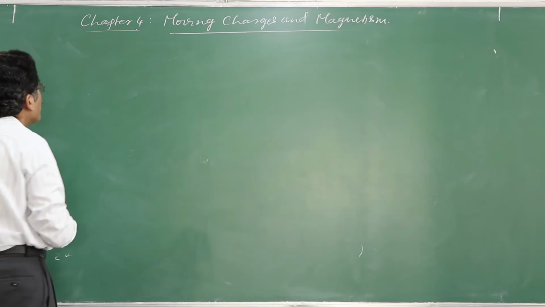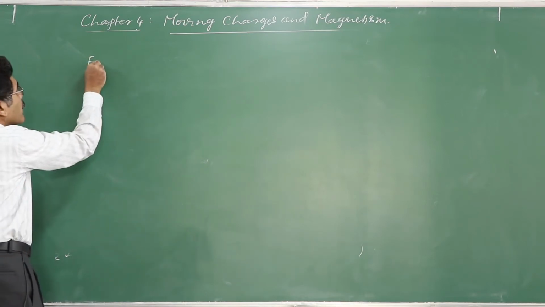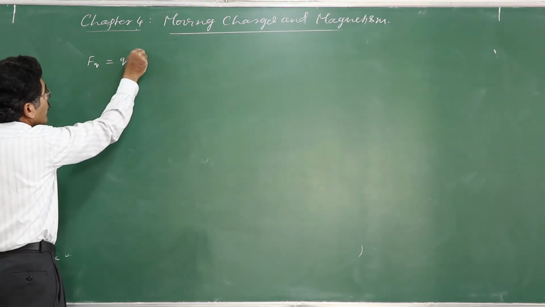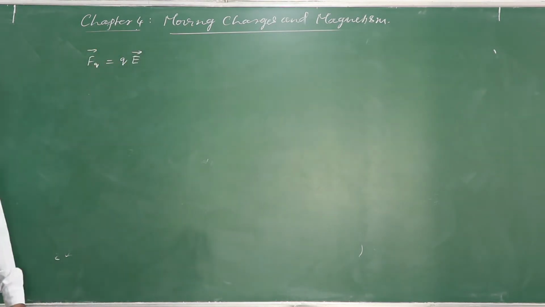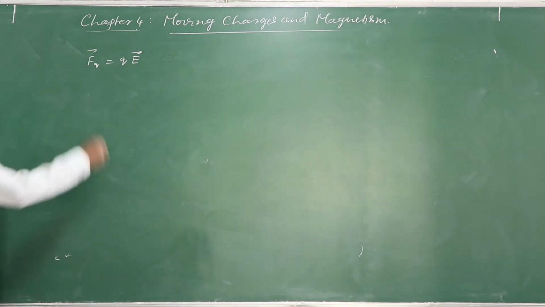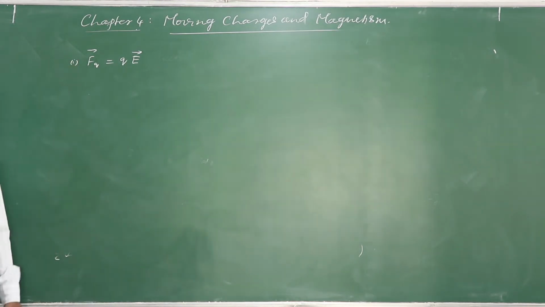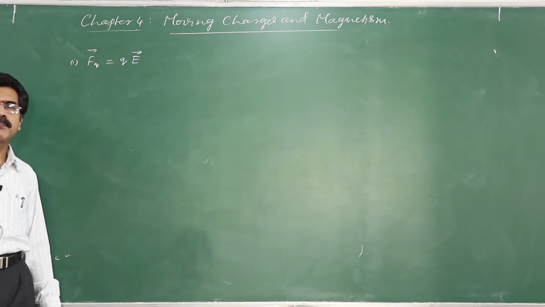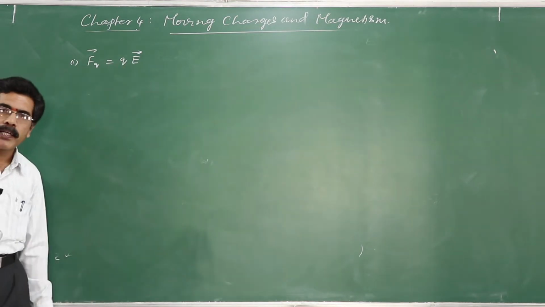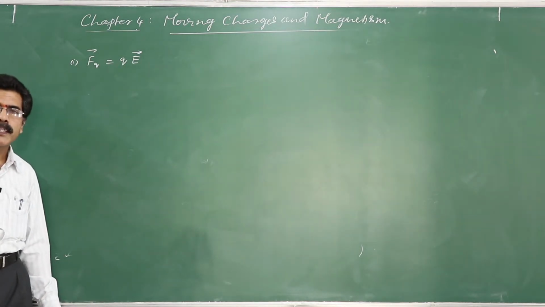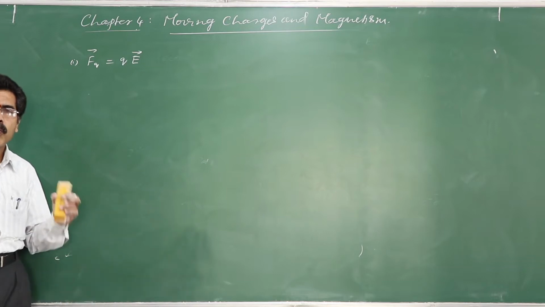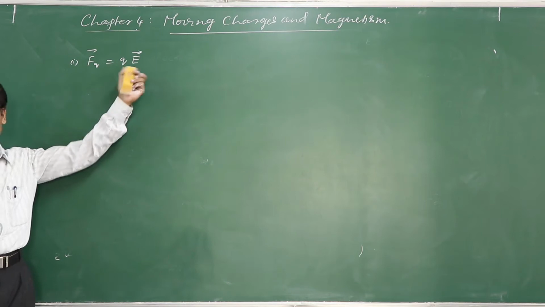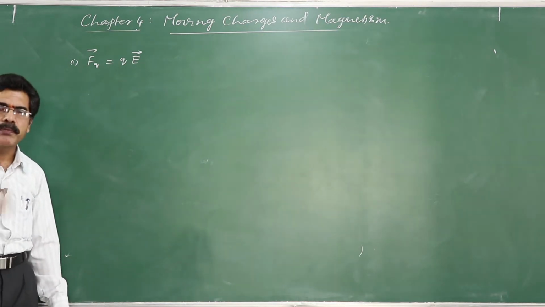So far we come to know that the force acting on a charged particle in an electric field is given by F is equal to QE. The charged particle may be static or it may be moving. It will experience a force, and that force is given by F is equal to Q into E. See here, velocity has no role to play. We have not considered a velocity term. If it is moving, it will experience a force.